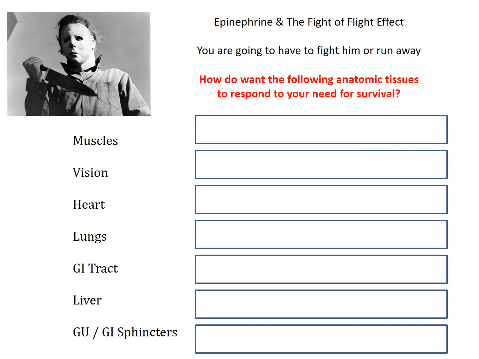You want to be busting down all your stored carbohydrate and releasing it as glucose to get all that energy to your cells. And when you're running away from the bear or Michael Myers or whatever it is you're doing to save yourself, that's not the time to stop and void and take a leak or visit the facilities, right? So you want your bladder sphincters and your rectal sphincters to kind of zip up and hold everything intact there. And this is all part of the fight or flight crisis, okay? And that is mediated through the sympathetic nervous system under those catecholamines, norepinephrine and epinephrine.